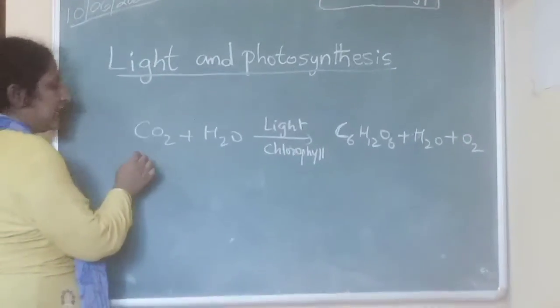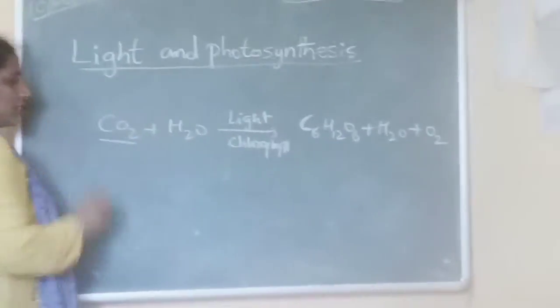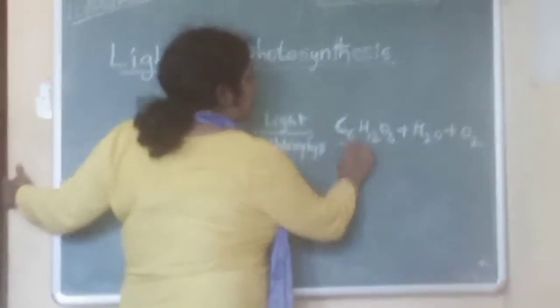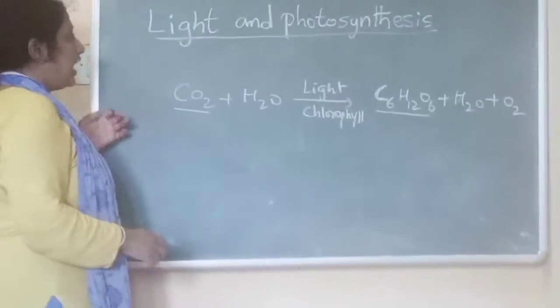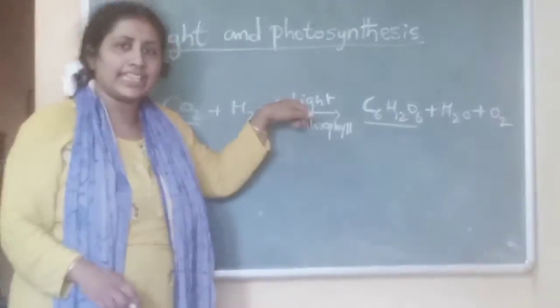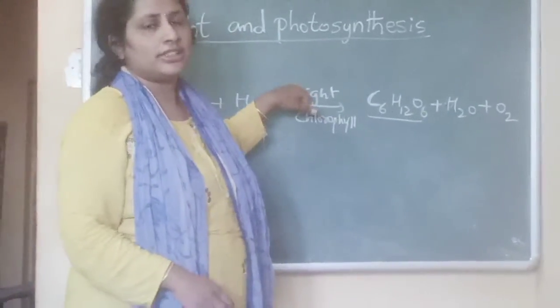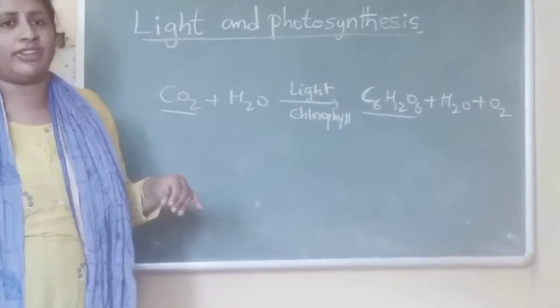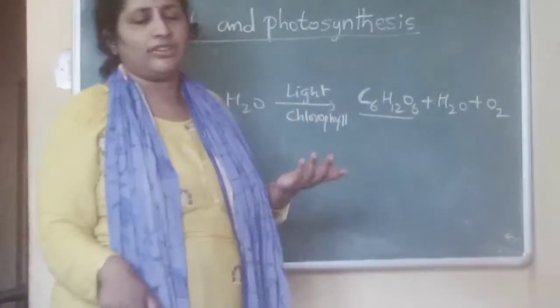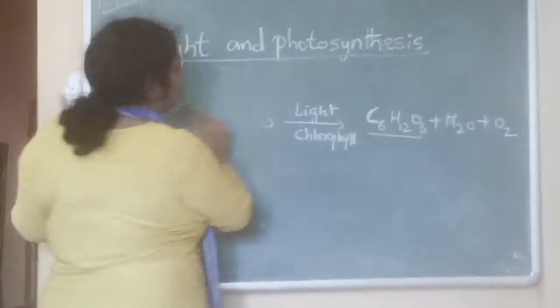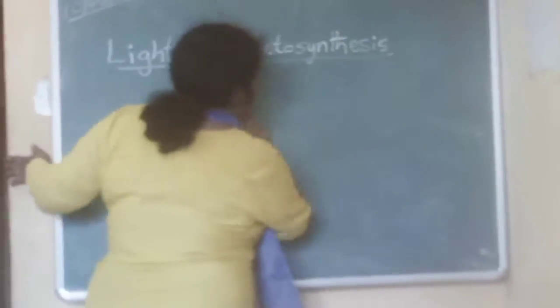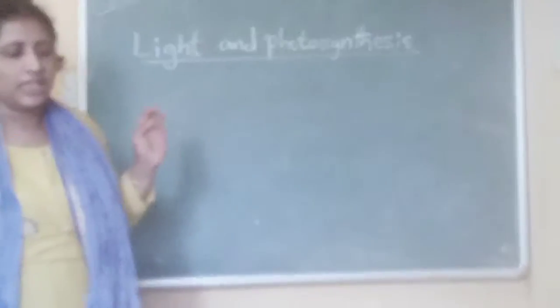We have seen yesterday's experiment on oxygen, and the starch experiment is also over. Today we will discuss light. Is light necessary for photosynthesis? Several scientists have been working on whether light is involved in photosynthesis or not. So we will see the experiment today, how light is related to photosynthesis.